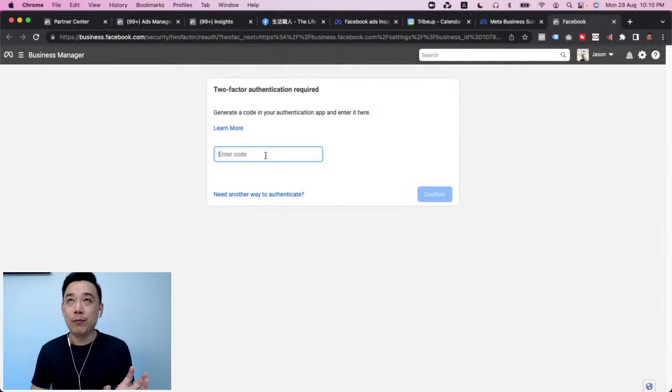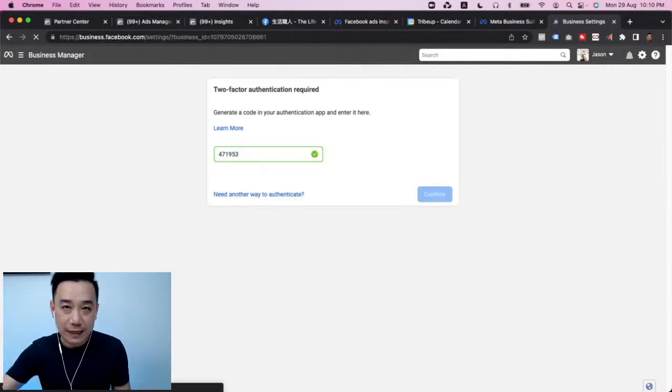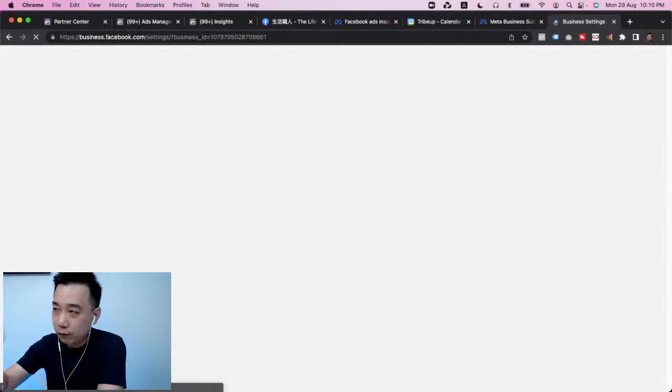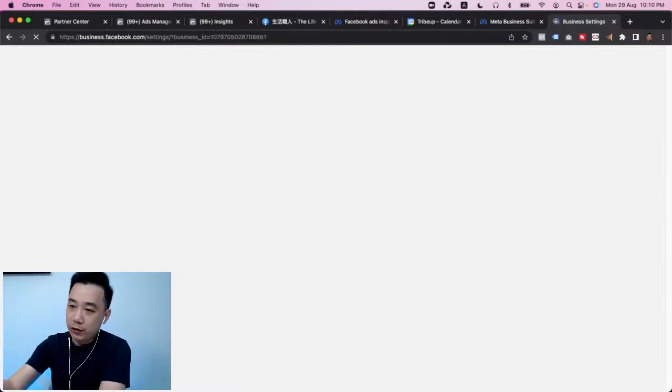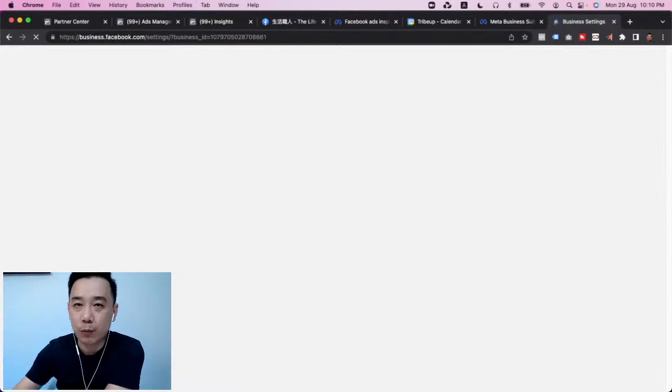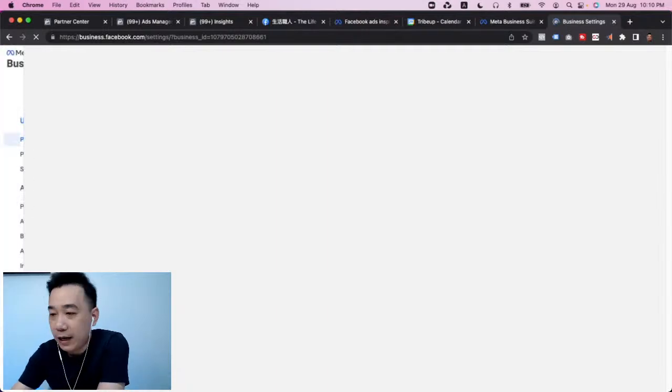Like recently, a few months ago, one of my clients just got his Facebook business manager, Facebook profile and everything hacked, and poof, everything is gone. So I usually use the Google Authenticator. That way you don't need to get SMS and all that immediately. You can use the Google Authenticator, which you can download on your phone, and every time you want to log in, it will give you an instant password or something like that. So yeah, that's how we got in.